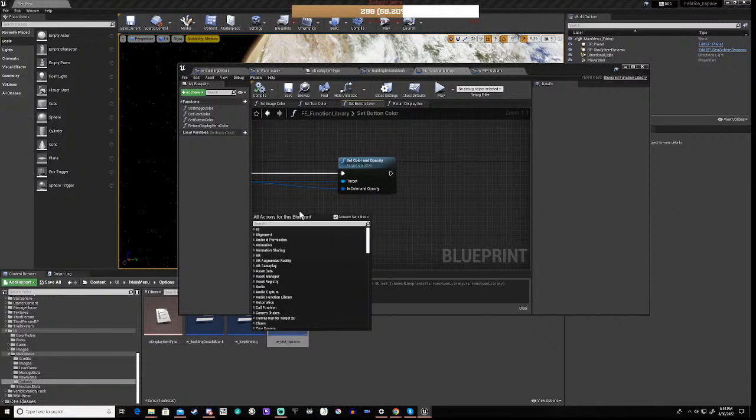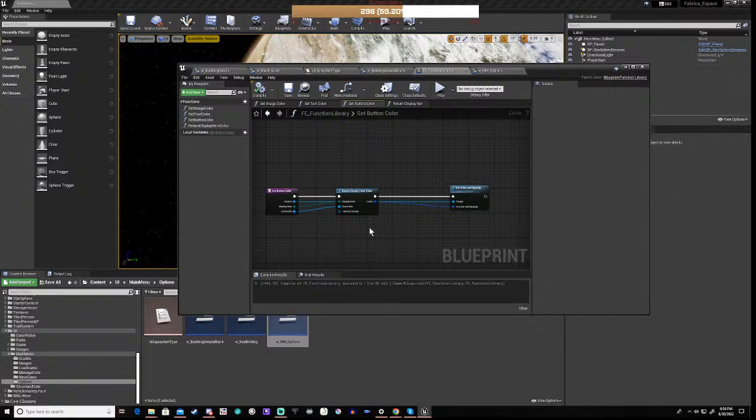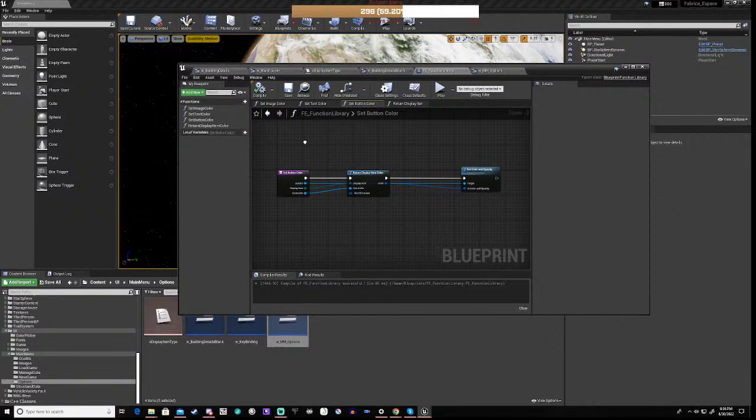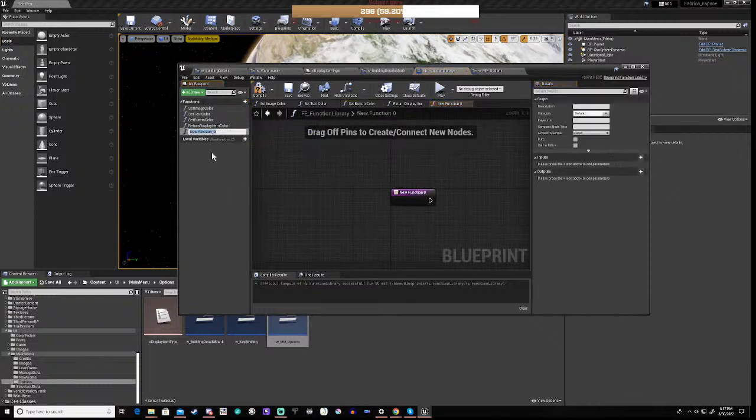Now, if there's any other type of widget that we want to do this with, then all we need to actually do is basically create one of these for that type of thing. So we've got image, we've got text, we've got a button. We probably want to do it for a border, right? So let's in fact do that. So we can say set border color,